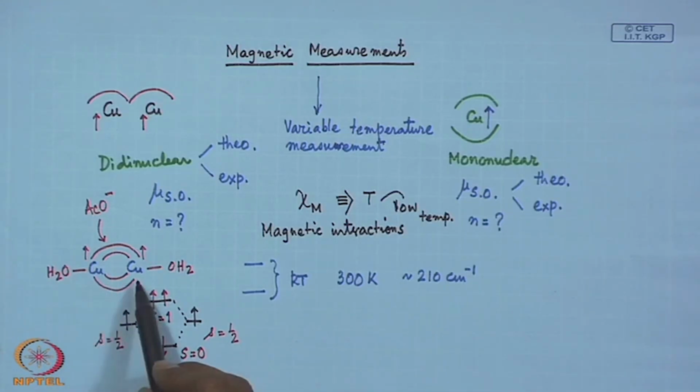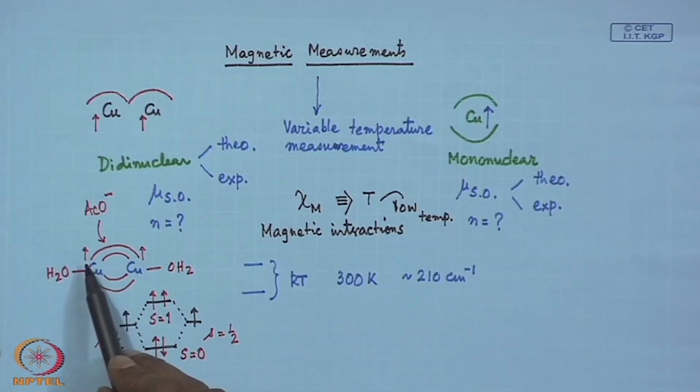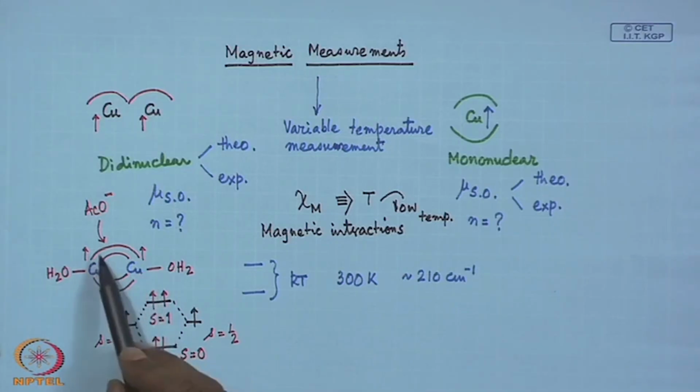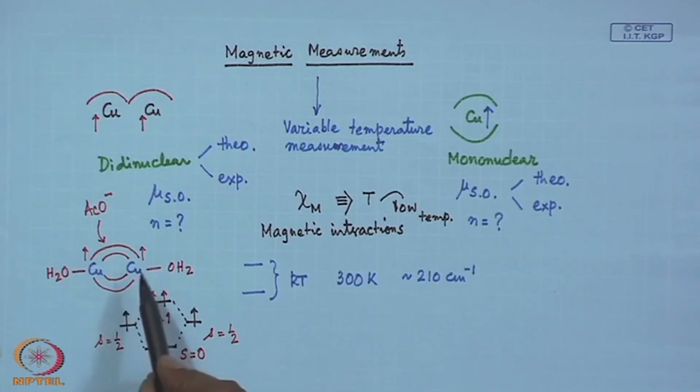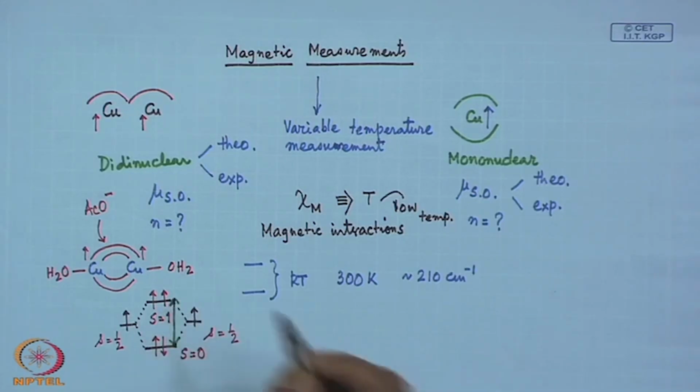Though the individual centers are paramagnetic, as we theoretically assume that one unpaired electron is present on this first copper center and the second one is on the second copper, if they are not interacting with each other, we get a paramagnetic situation. But when they are strongly interacting, depending upon that interaction, we can have a ground state level where S is equal to 0, and we basically get the corresponding energy separation between these two levels,